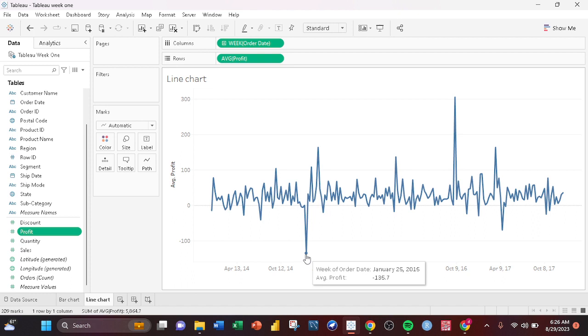The week is January 25th, 2015. We recorded a negative profit of maybe 135. So this was like we didn't make any profit. We were just making losses in this month. So we have this one also where we maybe recorded the highest average profit